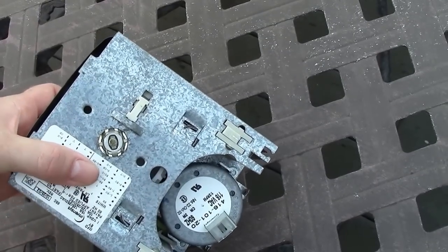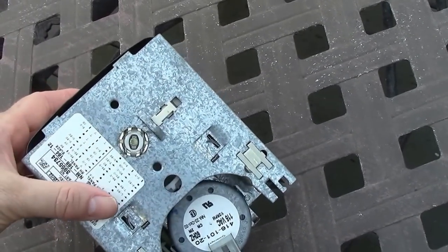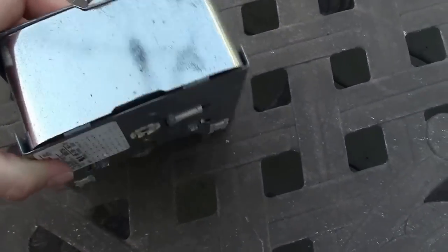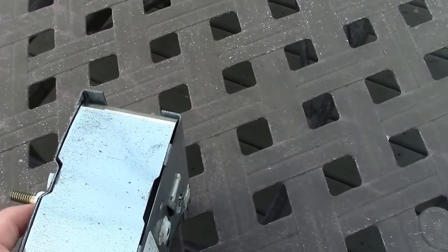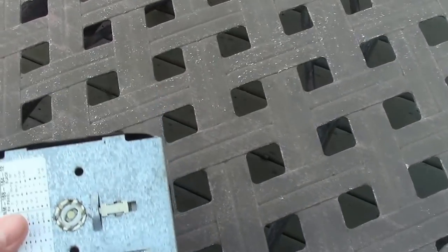I'm going to do it again. Push it forward, and then I'll take my thumb and push it down. What I'm doing is on the other side, I'm pushing this. I don't know if you can see this. I'm pushing with my finger there. I'm pushing that rod in, and it's pushing that part out, and with my thumb I'm going to push it back in. Okay, that little mechanism